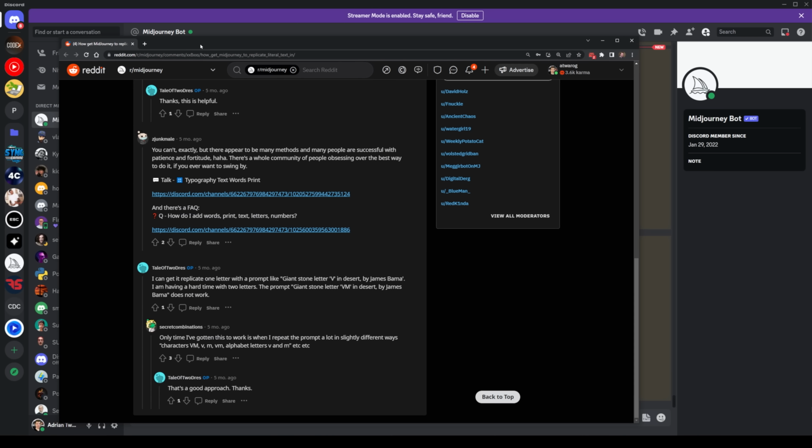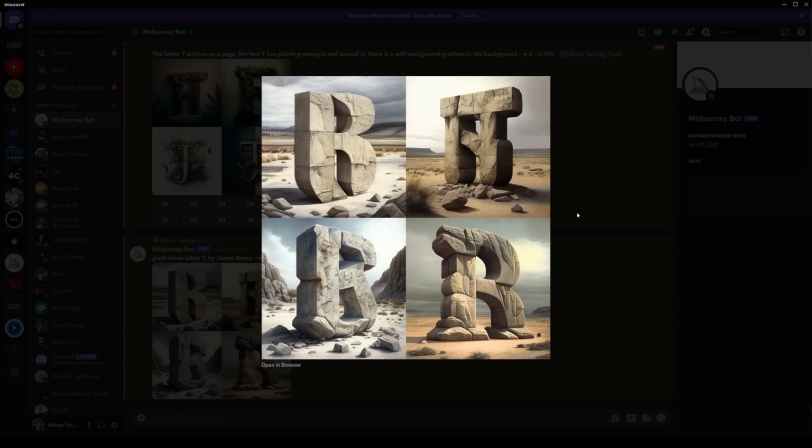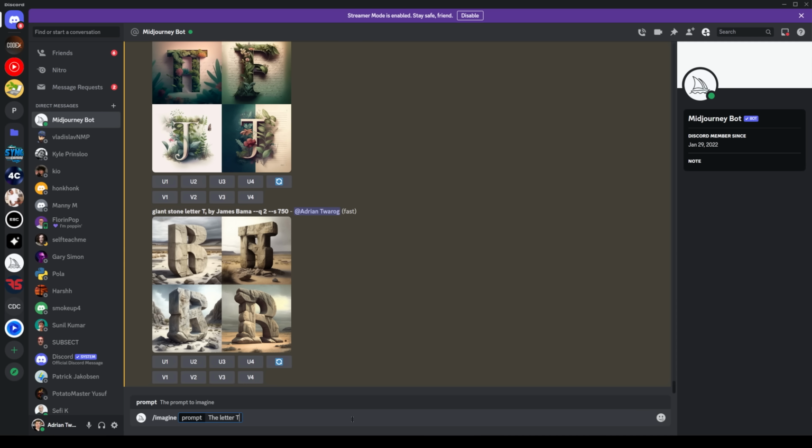Another user on Reddit recommended to get Midjourney to create it as a giant stone letter. So I put that as a prompt in, and unfortunately that didn't work either. I got quite a few letter B's instead. I was getting pretty frustrated, so I decided to have my next prompt here basically try and print out the